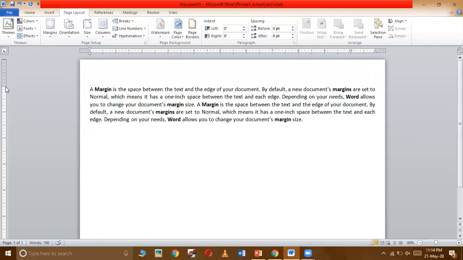In between this white and blank area, you can see there is one line. Bring your mouse pointer on that line, it will convert into a two-sided arrow, then click and drag it upside or downside. If you want to increase the margin, then you need to drag it downside. If you want to decrease the margin, then you need to drag it upside.